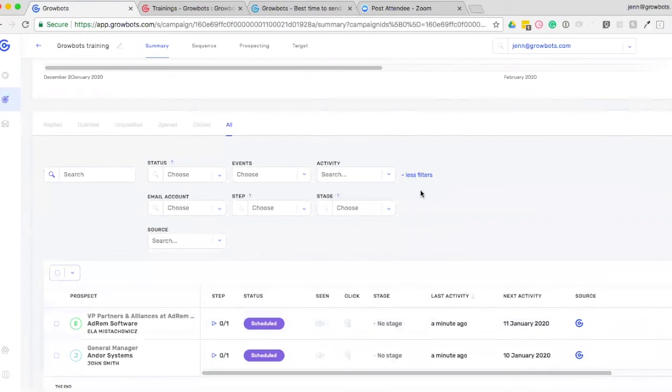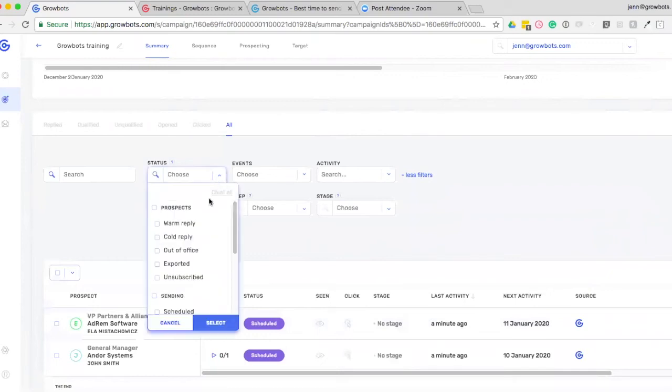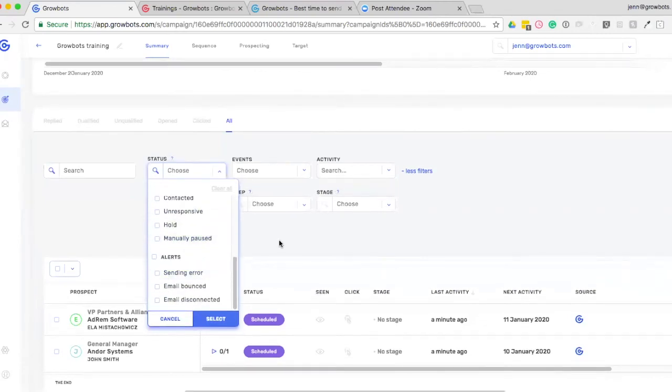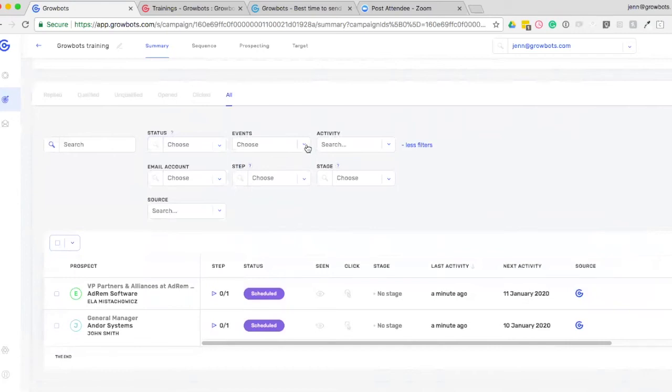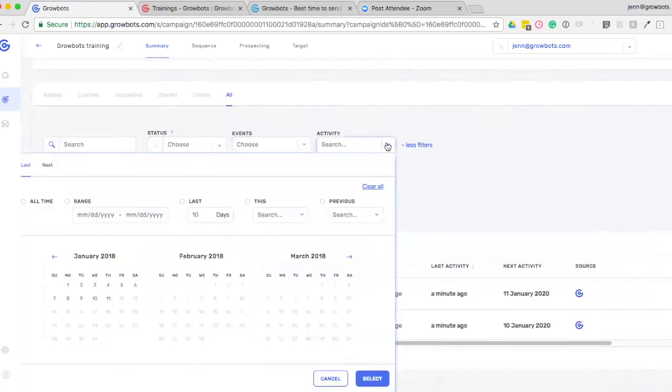Again, click more filters up here so you can look at the specific ways you can look at this data. So status, you can look at how many people have replied, how many are scheduled, so on and so forth. You can look at the amount of bounced emails and just remember that any bounced email will give you a credit back to your Growbots account. You can look at how many people have clicked or seen, the past activity or next activity,